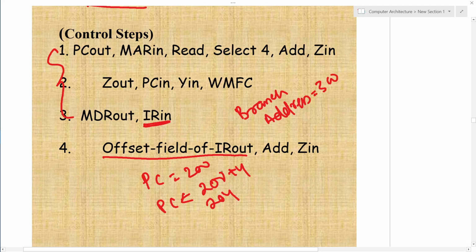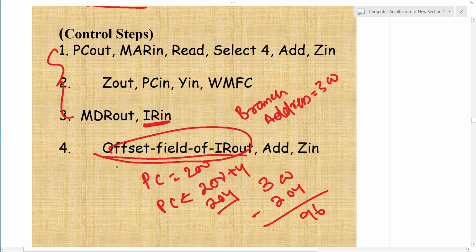Then the offset field of IR out can be computed as the difference between the branch address and the PC content. So 300 minus 204, that is 96. So the offset field of IR out will be considered as 96.